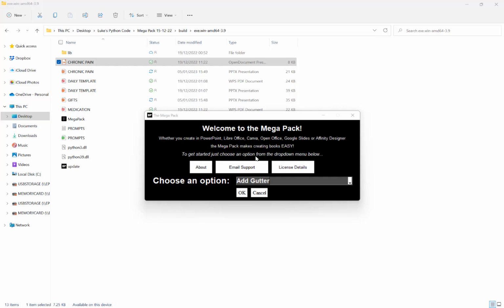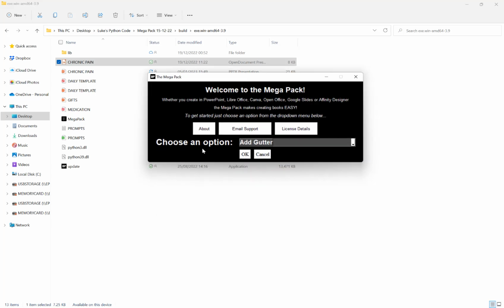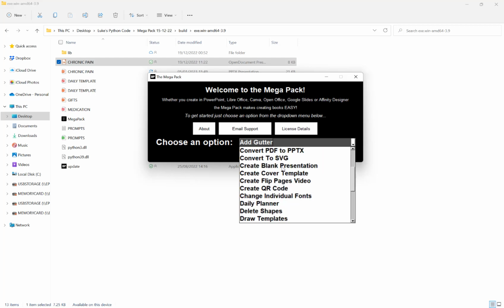In this video, I want to show you how you can use the duplicate pages feature of the Mega Pack to quickly duplicate pages in either a PDF file, an OpenOffice file, or a PowerPoint file. So once the Mega Pack is loaded, next to choose an option, we want to scroll down to duplicate pages,